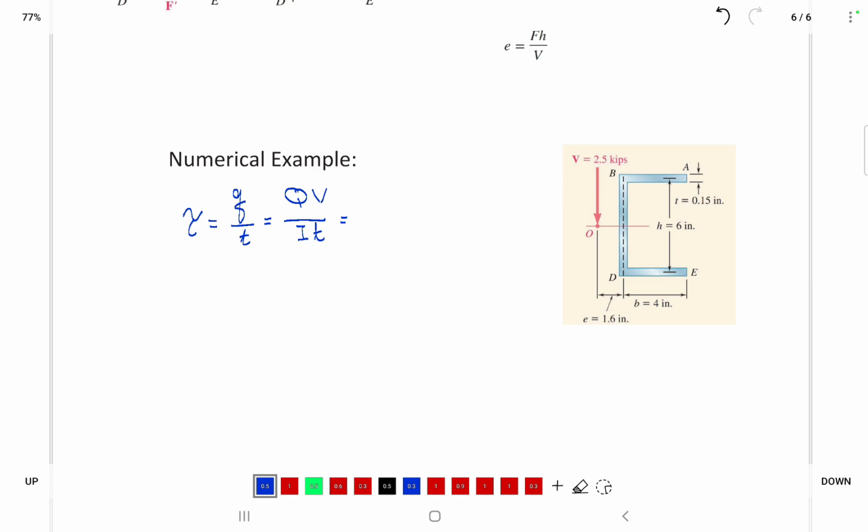So now this may also be written as V H over I S. We saw this relation in the previous lecture and how we can conclude this one from Q V over I T. Now, tau sub B